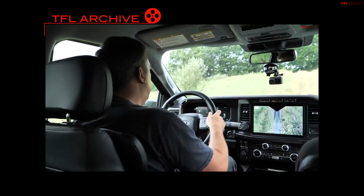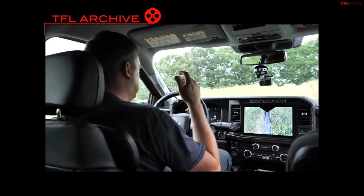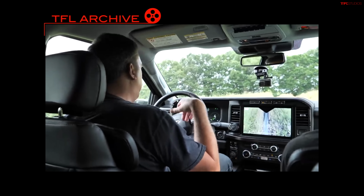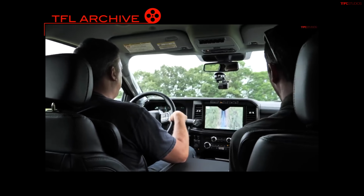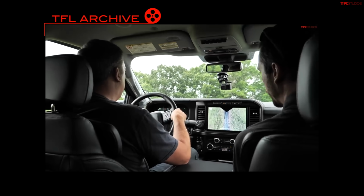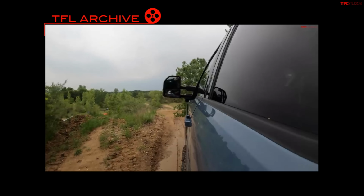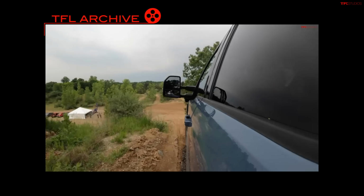But we haven't tried Trail Control yet. Okay. Yeah. To activate it, it's going to be right here. So right now it's saying I was at 2 miles per hour. Now I'm at 4. So my feet are not touching the pedals. Yeah, and there's a little distinction. Because you're in 4 low, you can have half-mile-an-hour increments. Mm-hmm. And when you're in 4 high, it's 1 mile an hour increments. And we're gonna drop off the cliff, right? I hope not off a cliff, but...